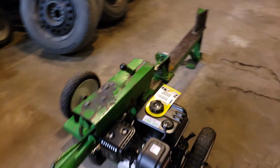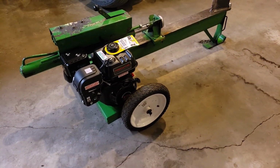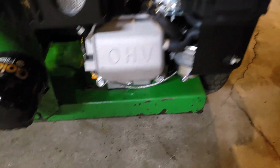And I'm going to try and navigate it. My other camera went dead here, so I'm going to use another one. And so we got the engine bolted down. We got 2 bolts on this side. And then we got...